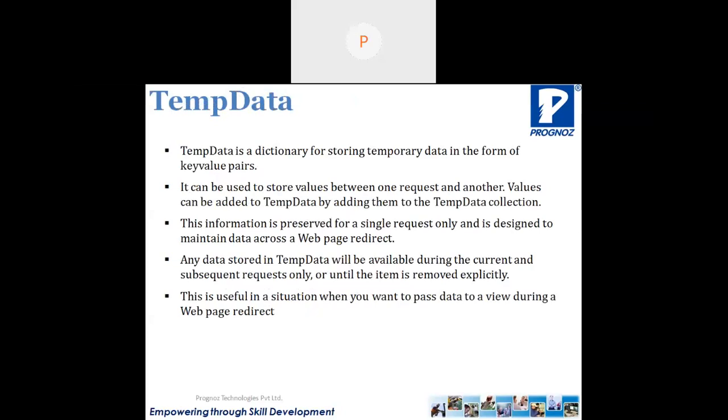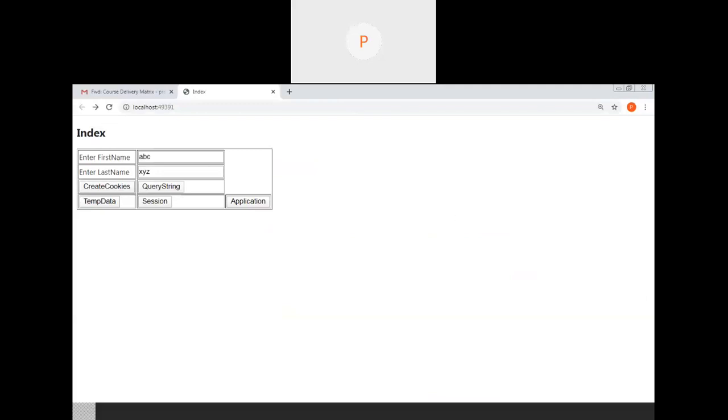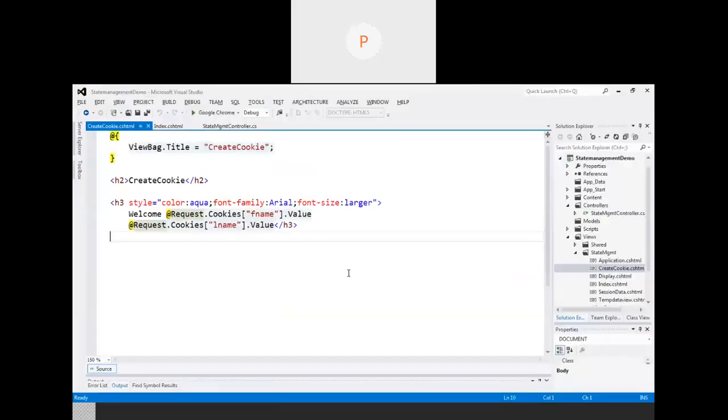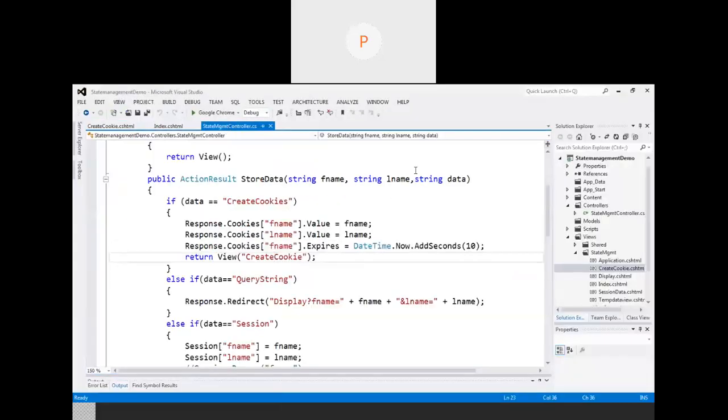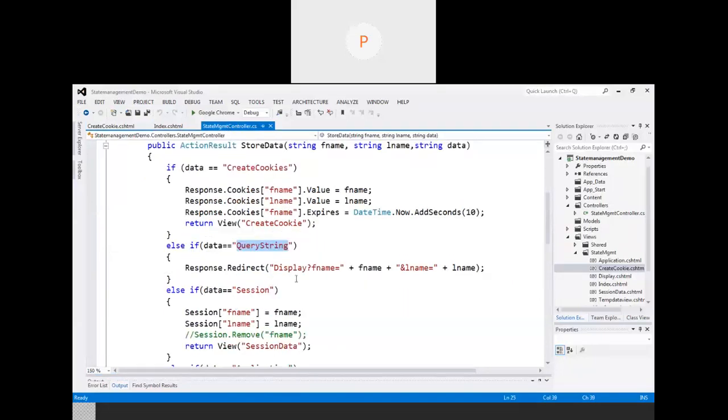Done. Then let's see the example of the same. Just because I have already created the example, I just have to work with these buttons. You don't have to change the code. So simply go to the controller, and within the controller check if the button name is query string, then Response.Redirect. I have directly returned, instead of writing Url.Action, I have directly given the action as Display. Display is one of the method names which belongs to the same controller. So Display, question mark, fname, this is our query string name, equal to the first name, and lname equal to the last name.